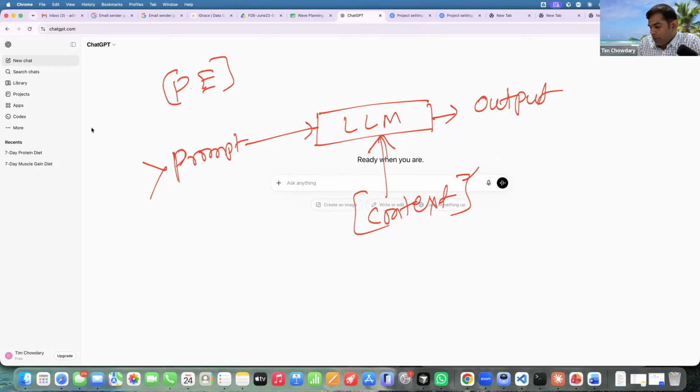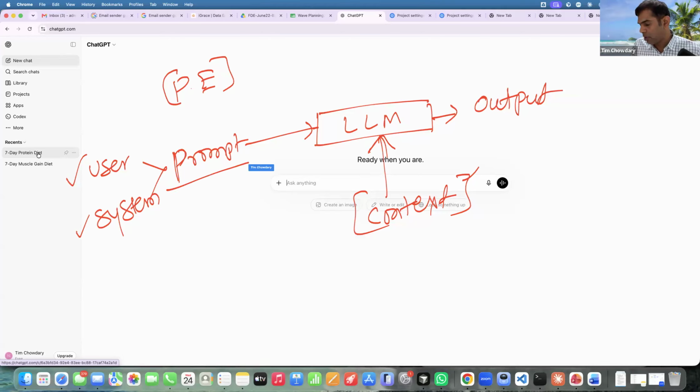Now, broadly, there are two types of prompts: user prompt and system prompt. Clear? Just some time back, we asked this question or prompt, that is called as user prompt. Then what is system prompt? System prompt is a set of additional configurations we provide at system level that has got direct influence on your prompt.